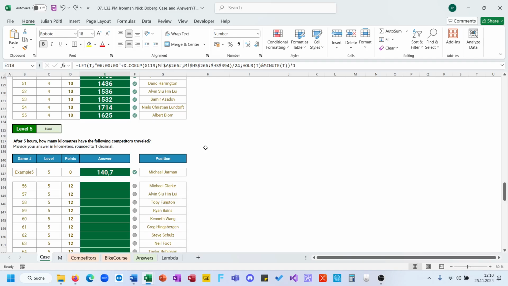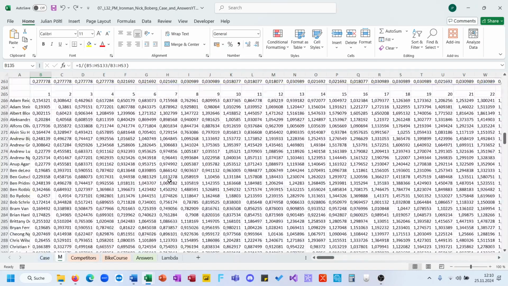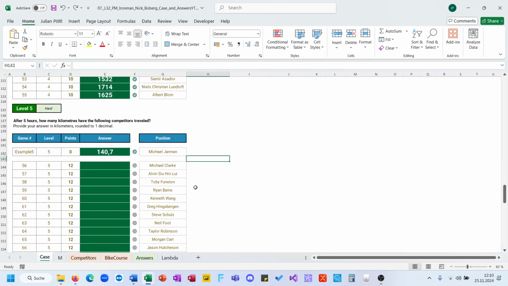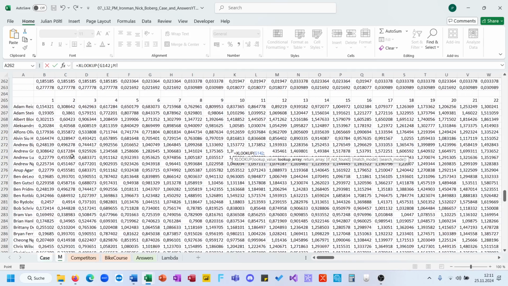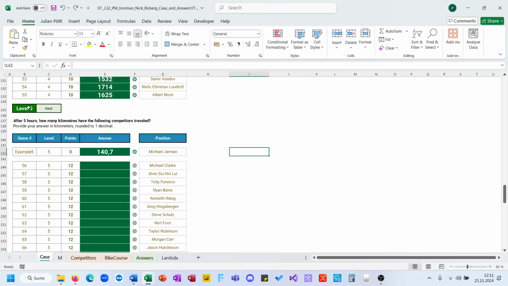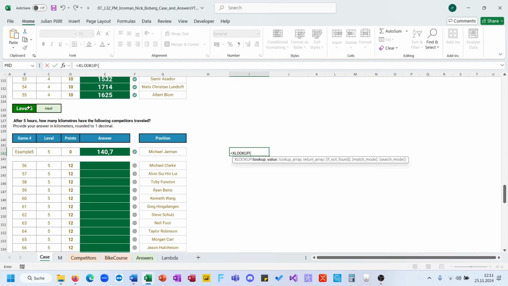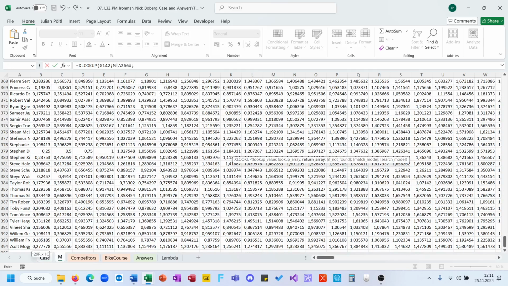So this is kind of not so tricky because I have here my table now with like the positions and times. So after 5 hours, how many kilometers have they traveled? So I will do for this certain person. X lookup for this person. Returning. Oh no. Yeah, right. Okay, X lookup for this person in here, returning